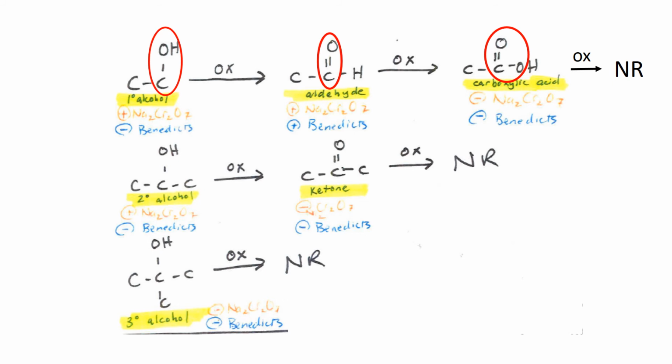When I wrote NR off on the far right, that's an abbreviation, kind of unofficially, for no reaction. There would be no reaction with that final compound because there's no room on that carbon for more bonds to O. What I've done in yellow, highlighted underneath each of those 3 compounds, is identify the functional group. On the far left, when we started, we had a primary alcohol. When the primary alcohol gets oxidized, it's no longer a primary alcohol, it makes an aldehyde.